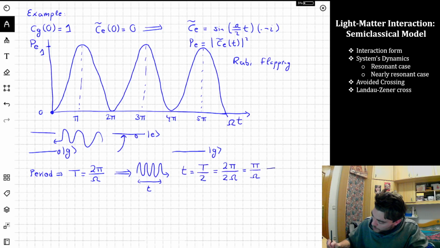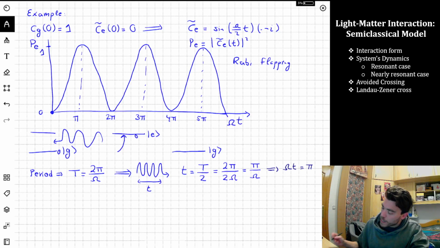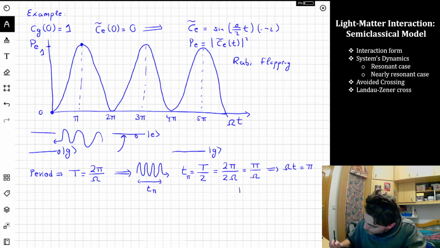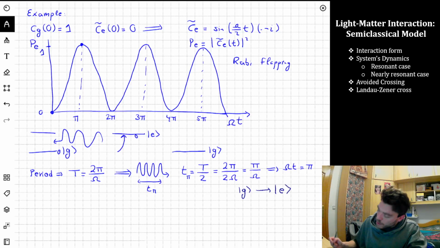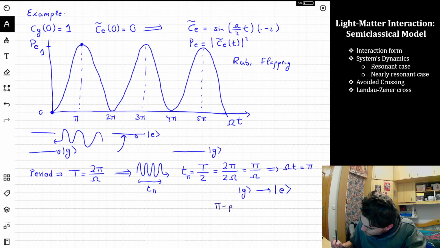This means that Ω times t is equal to π in this case. So if we shine for this exact time, we can call it t_π, then after that interaction we know the atom is exactly in the excited state. So we manipulate the quantum state of the atom, we are exciting it exactly, precisely, and this is called a π pulse